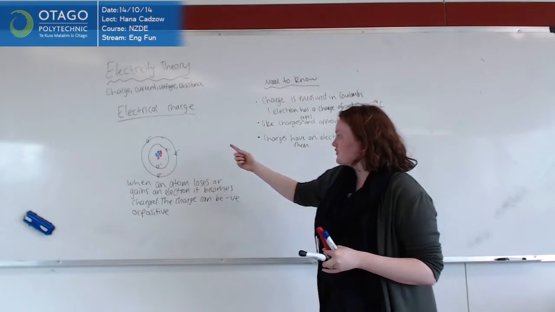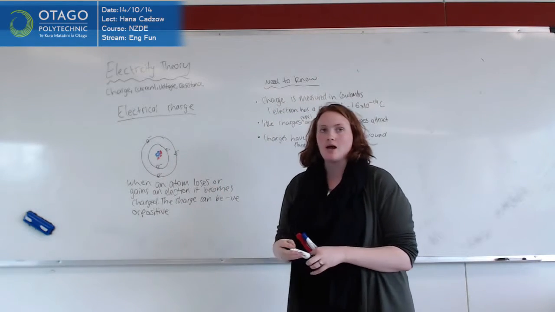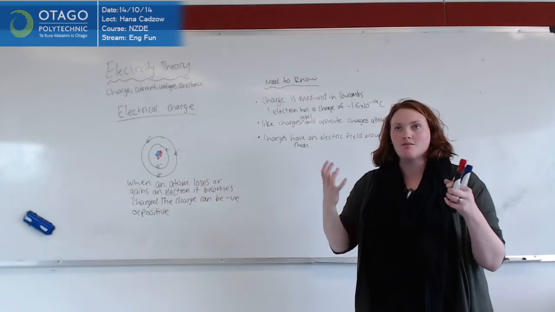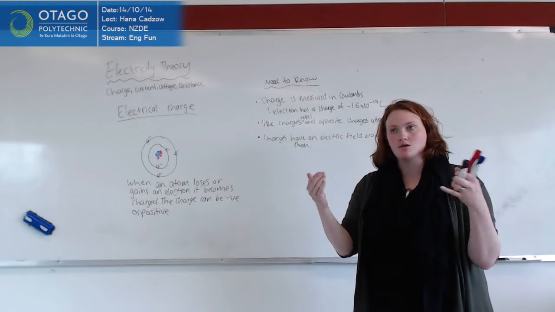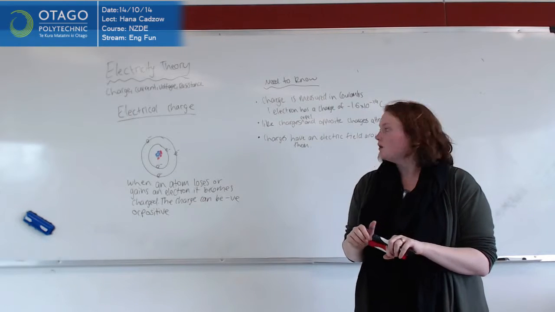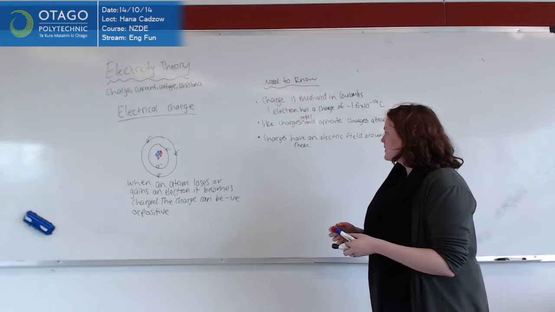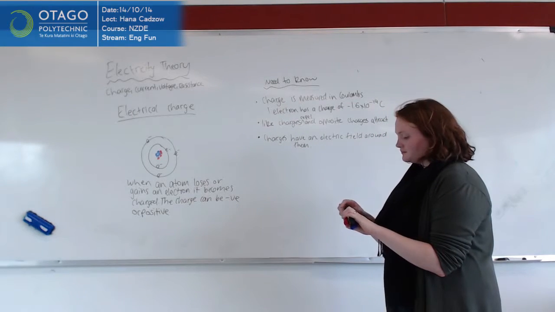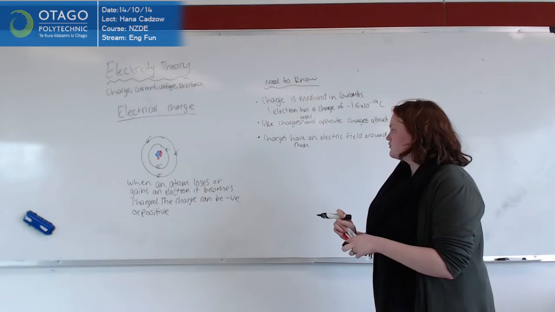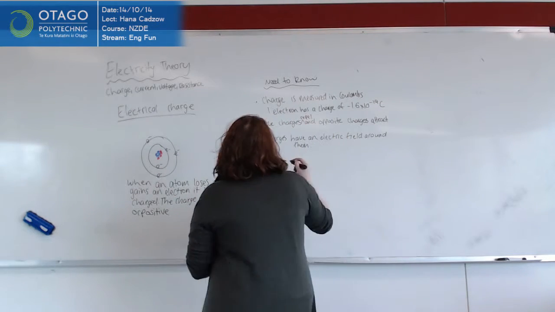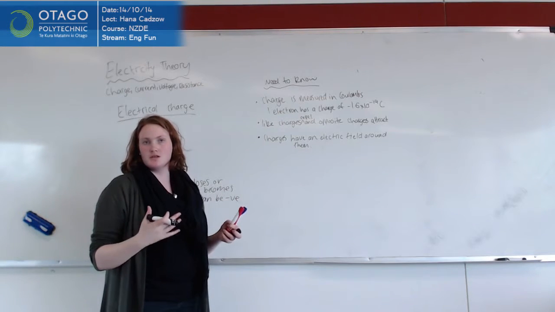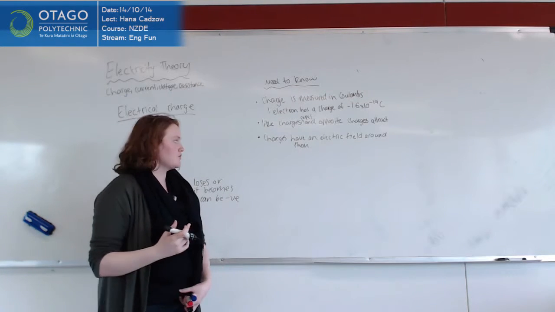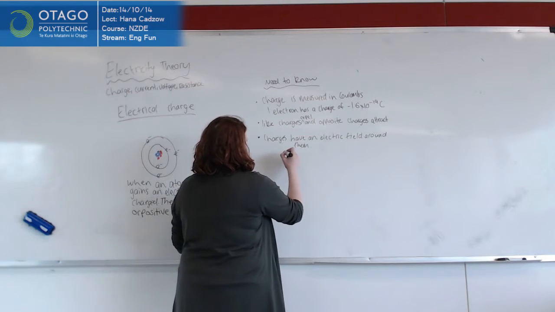And so electric fields work in the same way. So things with big charges have big fields. Small charges have small fields. And it's those fields that repel or attract things when they come and interact with each other. So just like with gravity, we can calculate the strength of the field. We can do the same thing with an electric charge. So we can say that the strength of the field, the electric field, exerts